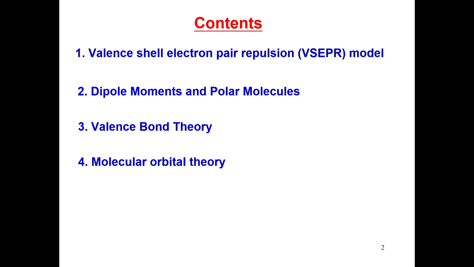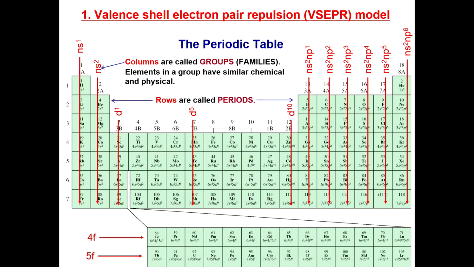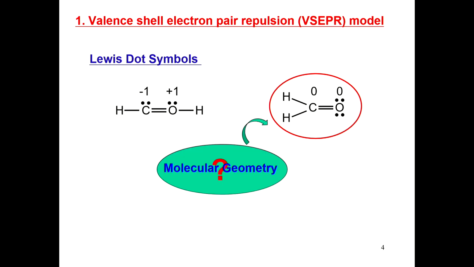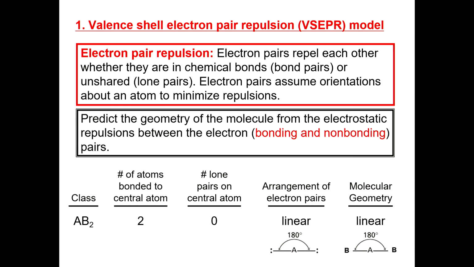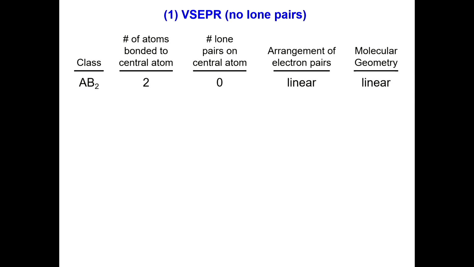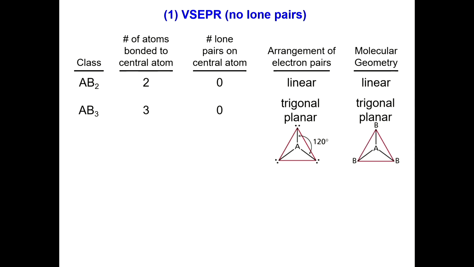First, we introduced the valence shell electron pair repulsion model. Basically, we can use this model to determine the geometry of molecules. For example, we know for this class, AB2, this is linear geometry. It's like this. And for AB3, there are two